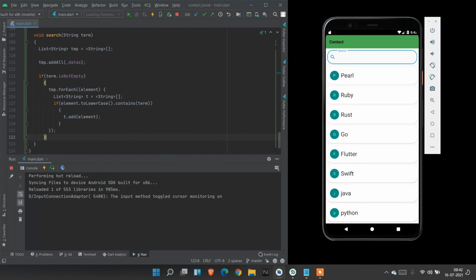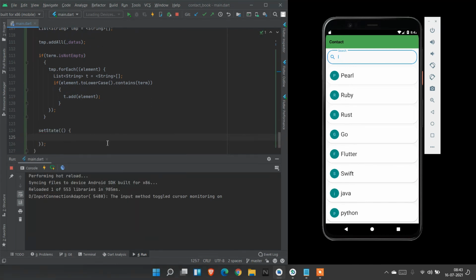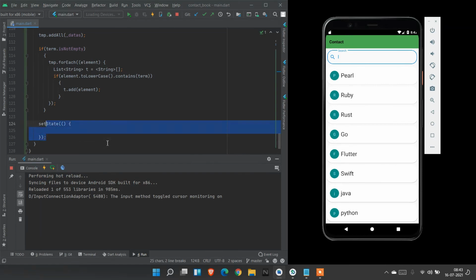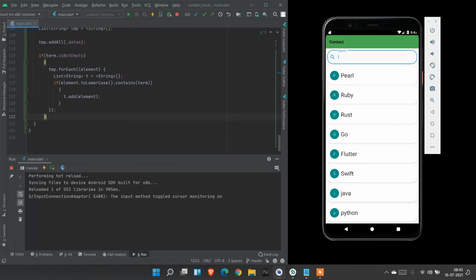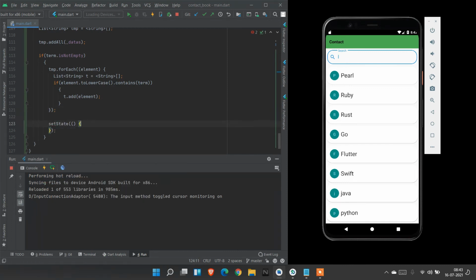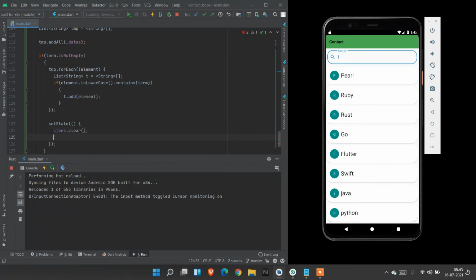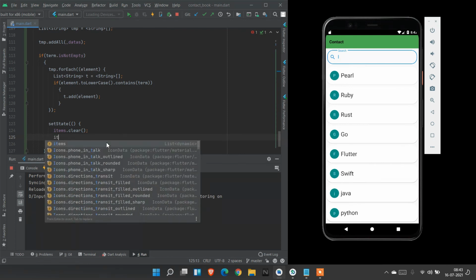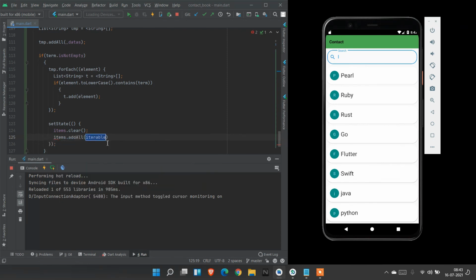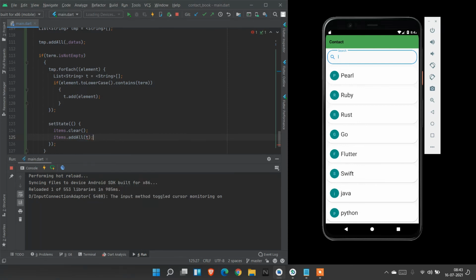After the if loop create a setState. We need to create a setState inside the if loop, because if the item is found, the original item list will be modified, so setState, and items dot clear and items dot addAll of. We need to add the search found item list to this.